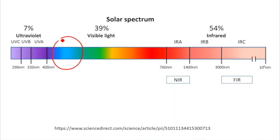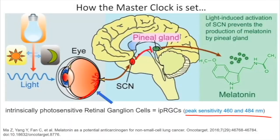Now, you may have heard of blue blockers and even programs on your screens and computers that can reduce the amount of blue light, because this is the type of light that specifically is going to excite those intrinsically photosensitive retinal ganglion cells. It's any kind of light that's really going to stimulate it. It's just this blue light that seems to be the worst at stimulating those ganglion receptors. And remember, when they do, they're going to tell the suprachiasmatic nucleus, as we've shown here, to shut down melatonin